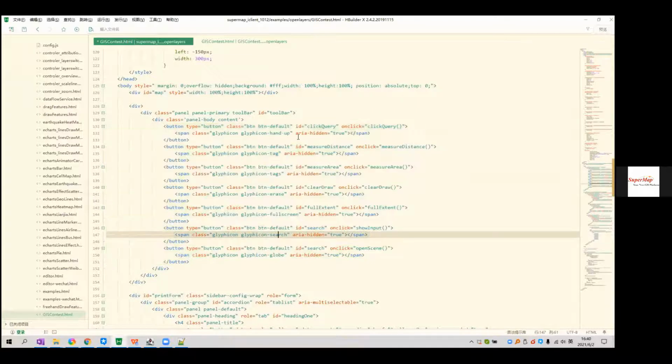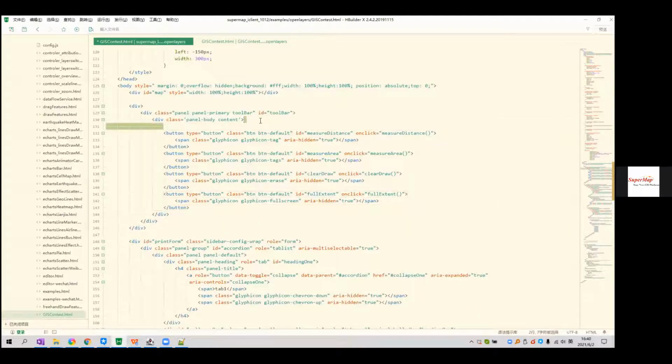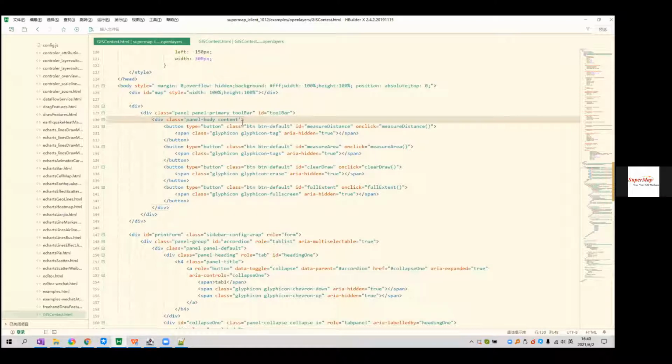Inside of the panel body content div, I added a lot of buttons. But today we only need measure distance, measure area, clear draw, and full extent, and we don't need the others now. Okay, so inside of the toolbar, there are some buttons. The first button is measure distance, and I gave it the ID measure distance, and then gave it a click function. The onClick is the function measureDistance,